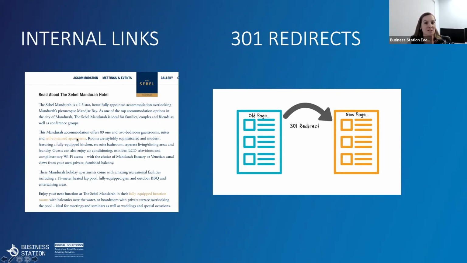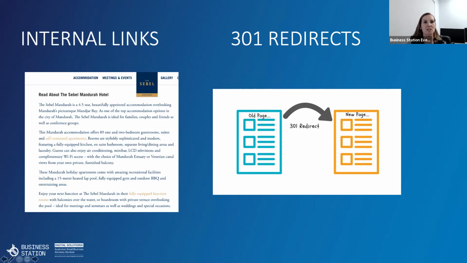So they're obvious to the user because they're a different color. And as you hover over them in the live site, you would be able to click them and get to that relevant page. My opinion here is that they could have had more. They could have had 1 and 2 bedroom guest rooms, suites, and self-contained apartments. There's no reason that all of that couldn't link to the relevant terms.